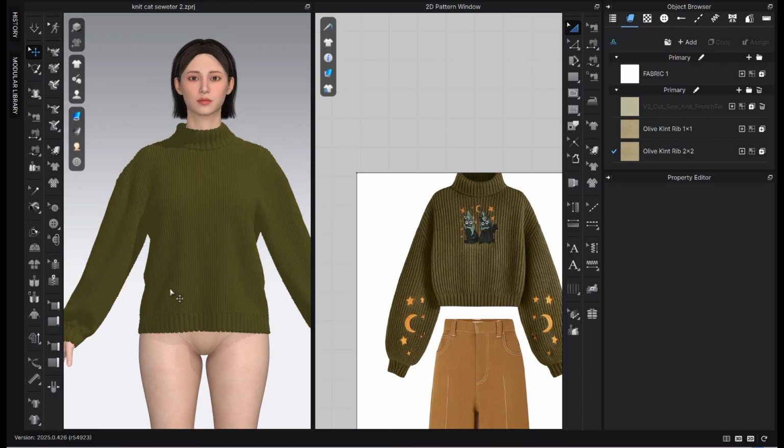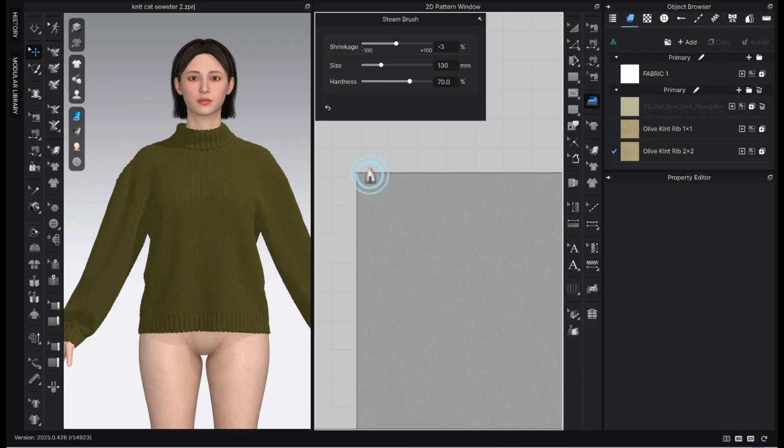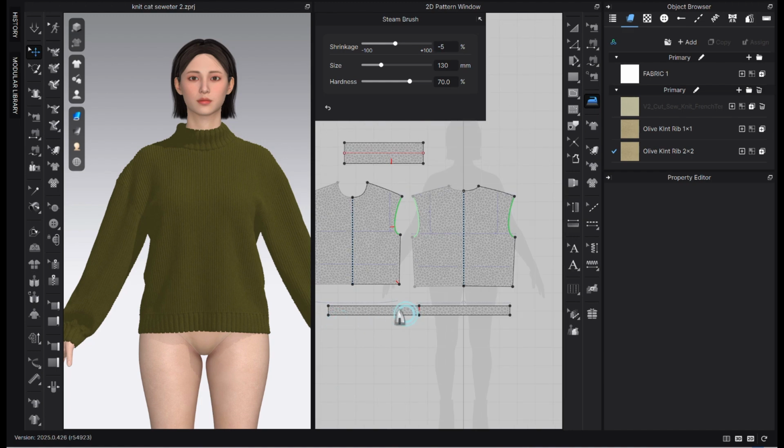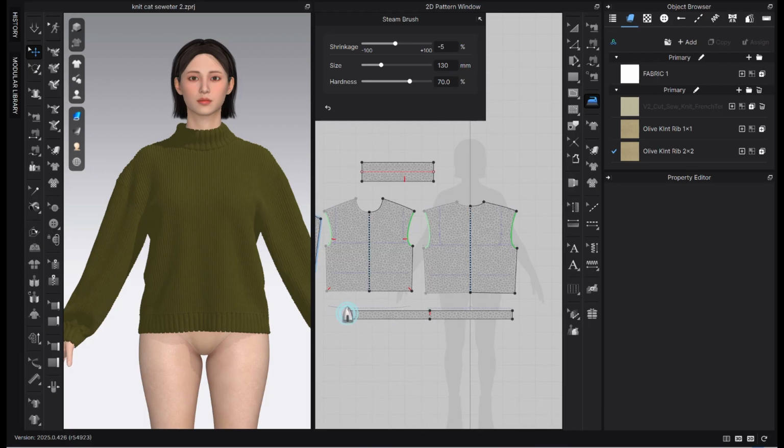Okay, I played a little bit more with the color to make it look a bit darker. One more thing I would like to do is to give a little bit more tension to the rib, and I can do that with this steaming tool you can find in CLO here. This doesn't change the dimension of your pattern but makes it shrink and look smaller. So I want to apply this with -5% to start and apply it on the upper edge